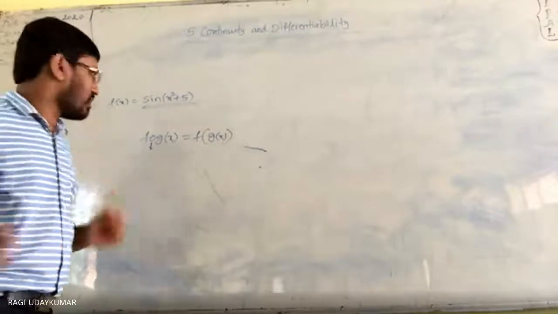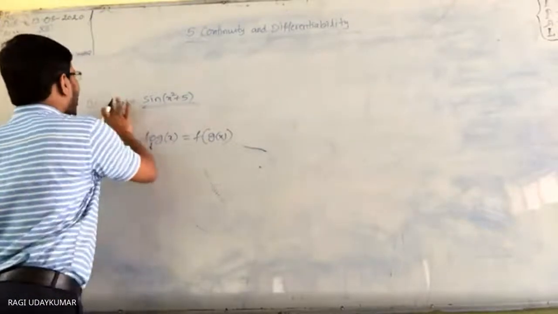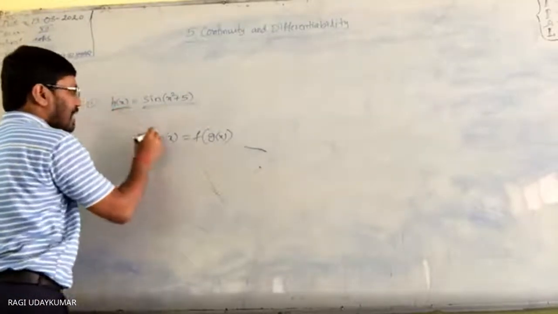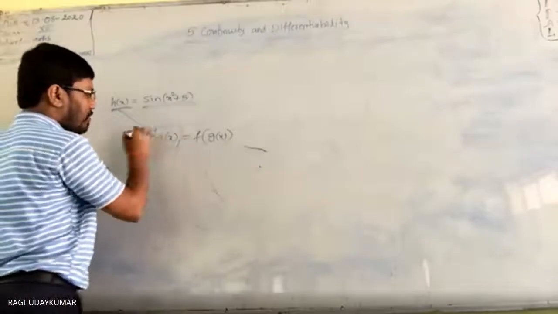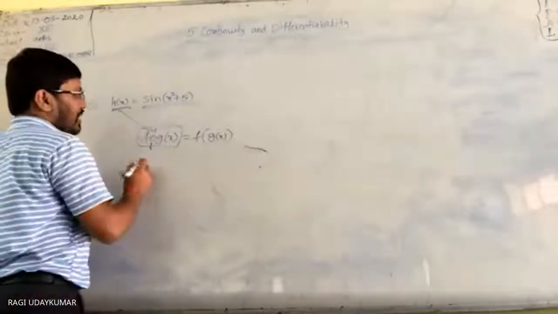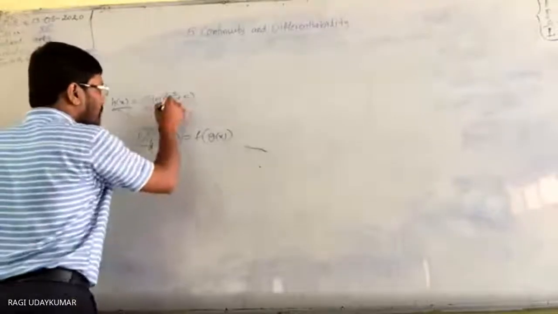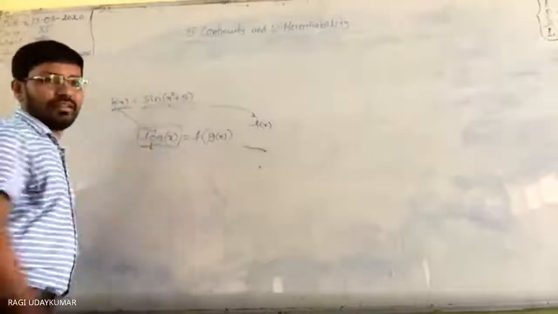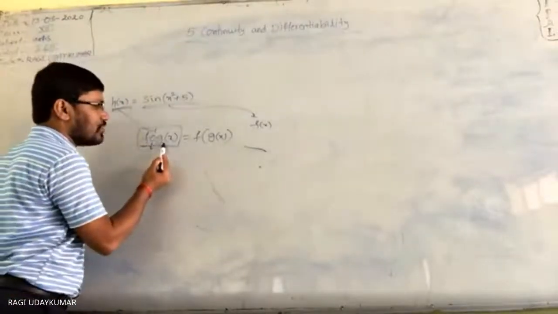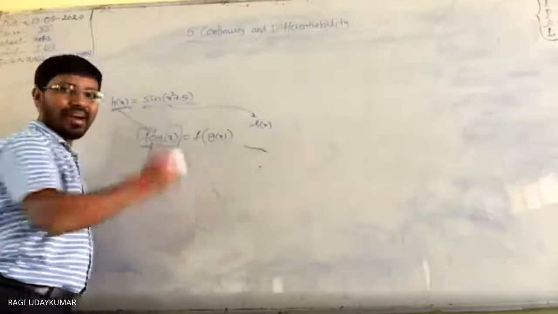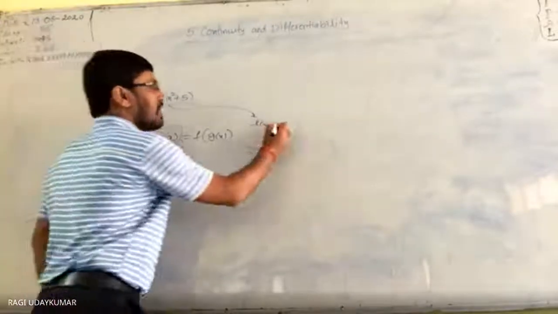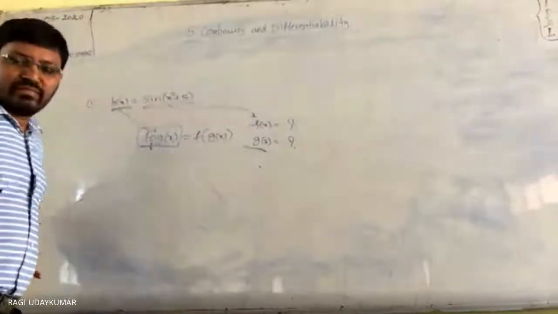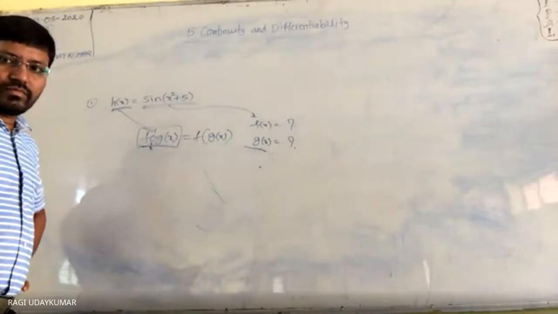So let us consider this function, I am denoting it with h of x. And this is a composite function like this, f of g of x. So can you say, at least from this, that h of x is equal to f circle g of x, f o g of x. Then what is f of x? What is g of x? Can anyone answer?